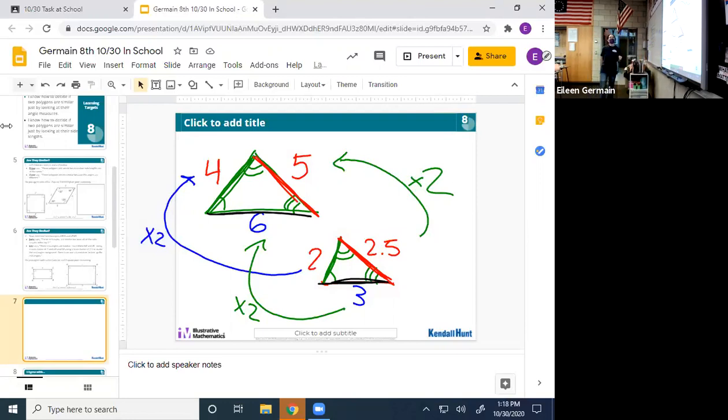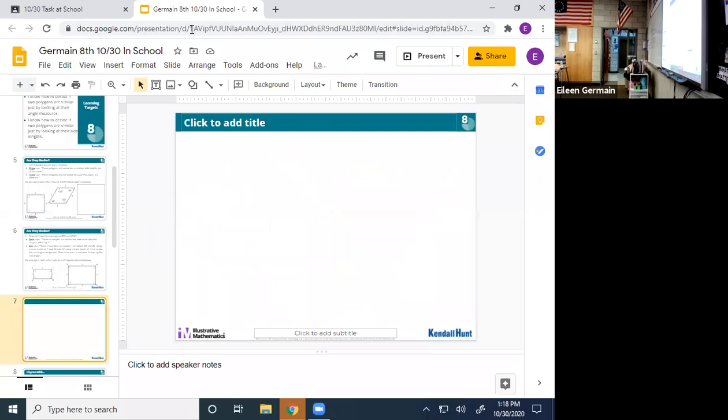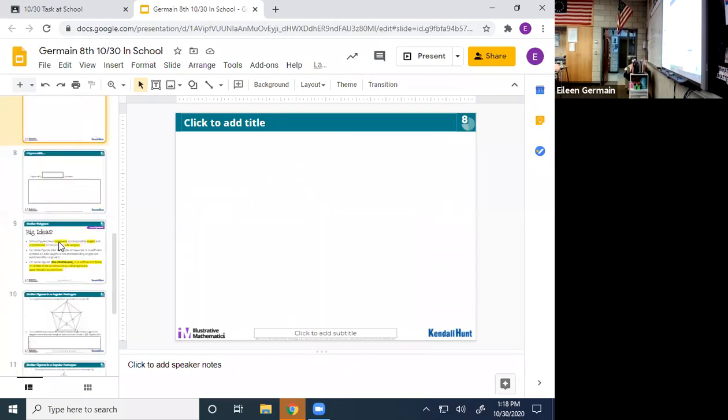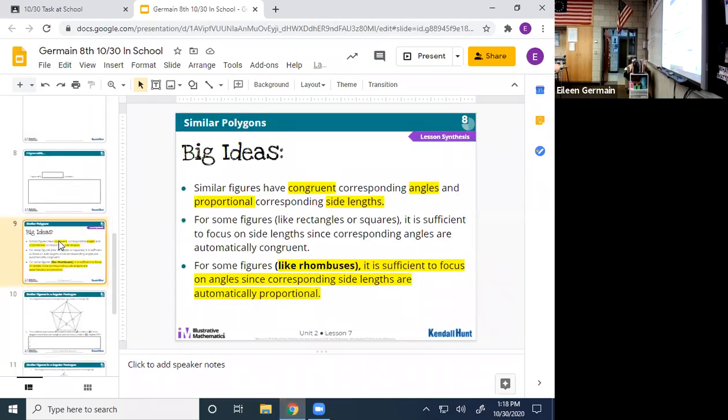Let's take a look at our next activity, okay? The next activity, we're gonna work on this for 7 minutes before we go out into the hall for our mask break. Actually, we're gonna go down in the atrium. So let's take a look at slide number 9, okay? You don't have this in your textbooks, so flip back to the Zoom so that we can see this, okay?